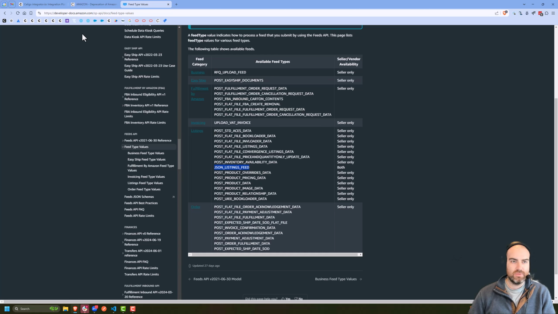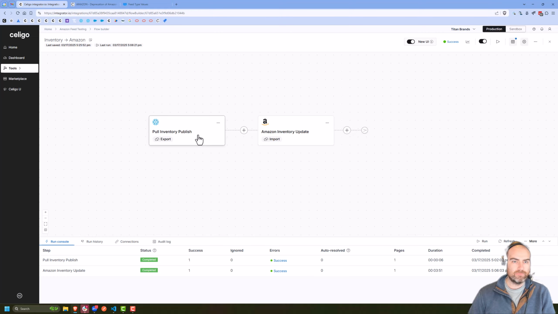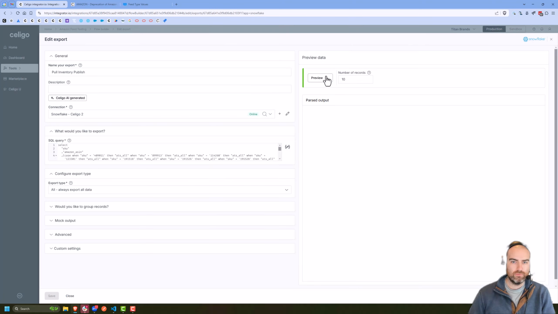In this case, I'm going to be just uploading and updating inventory, basically replicating the existing product inventory availability data feed. And I'm going to do this in Celigo here. So if I hop over into my flow, I've got a simple export that's just pulling inventory from Snowflake in this case. And if I preview this data here, you'll see I get